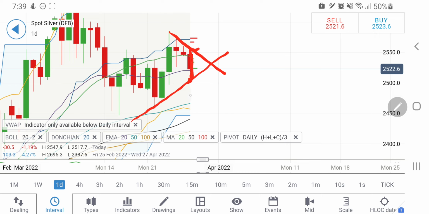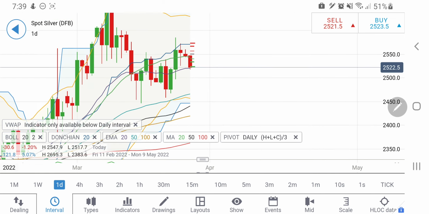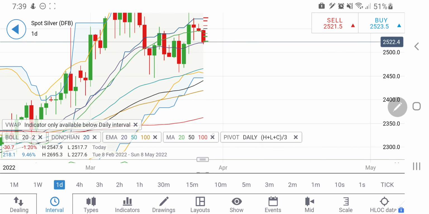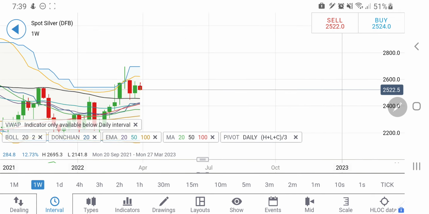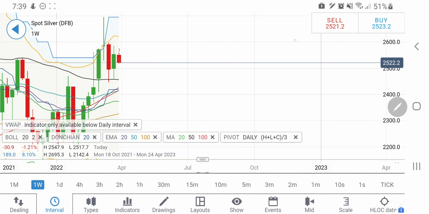It may try to trade within this zone today, and if you see it rising again towards 2540 levels, you can again take a short entry and expect it to drop towards 2500 levels. Also, if you see it coming to 2500, you can possibly look forward to a buy there and expect it to rise again towards 2520, 2540 and plus levels. Below 2540, in fact, 2540 is also a resistance zone. Below that, it might trade a little bit bearish. Now looking at the weekly charts, the support right now at around 2470, 2480 is very much existent.